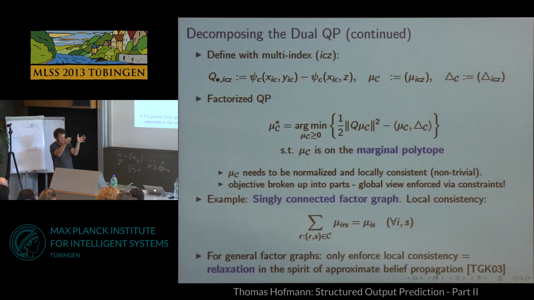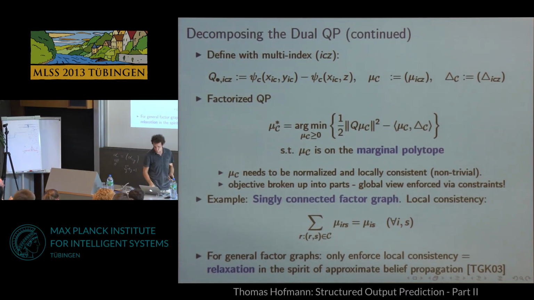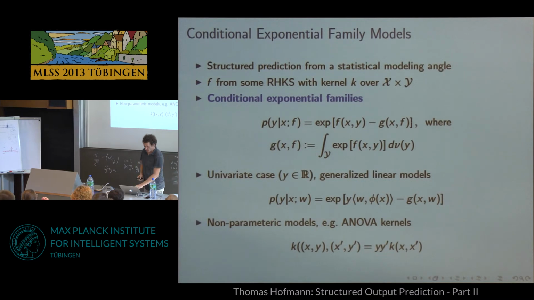global view into this factored view, introducing these new variables, right, that are now defined over your factors, and now use all the smartness that you can use maybe for relaxations, like the type of work that Martin Wainwright and others have been doing, and bring that in here to find maybe good relaxations of the marginal polytope for your problem. Okay, so